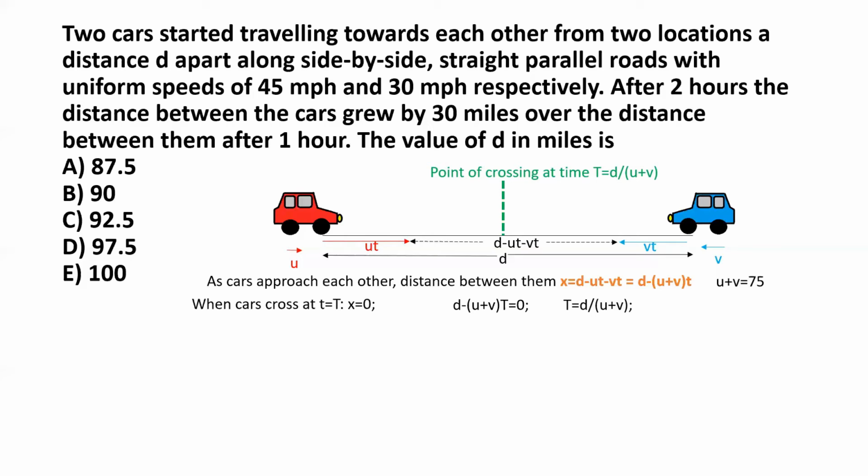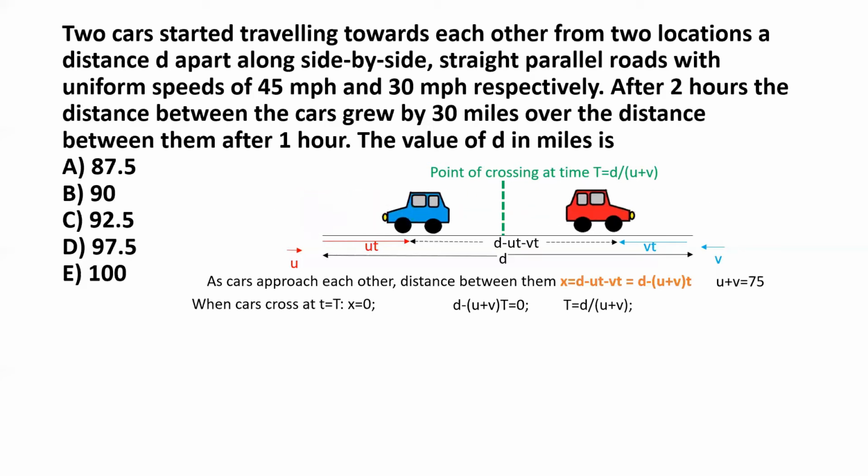Now, the question is, what happens once the cars cross? How does the distance between them change? Because as they approach each other, we know the distance between them was reducing. Because they're approaching each other, that rate of reduction in unit time was simply the sum of their speeds, which is u plus v, 75. Now, after the time of crossing,